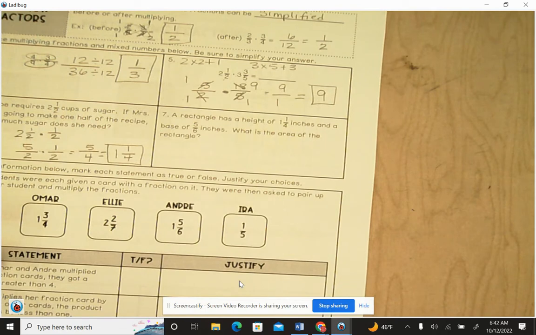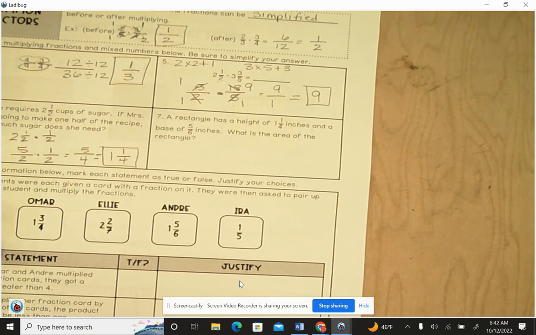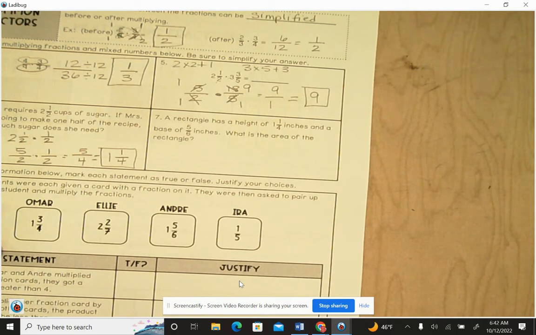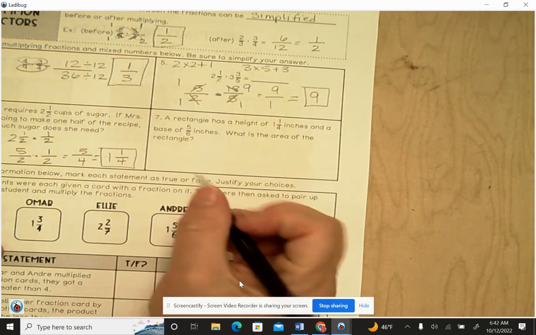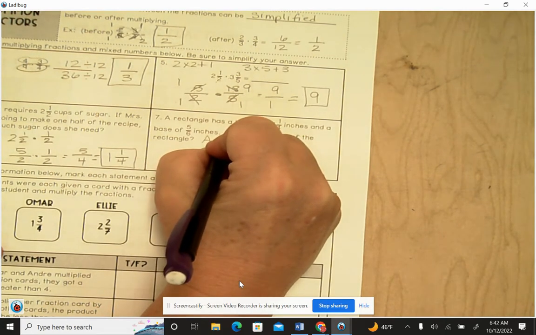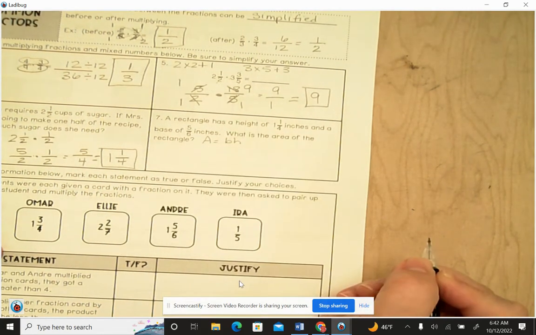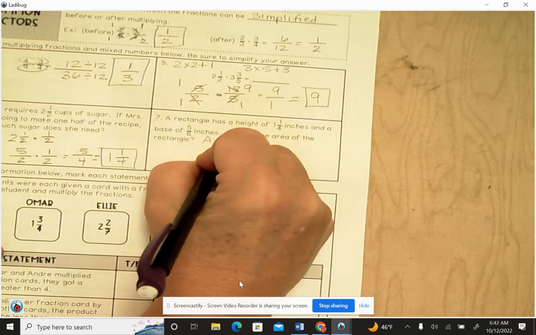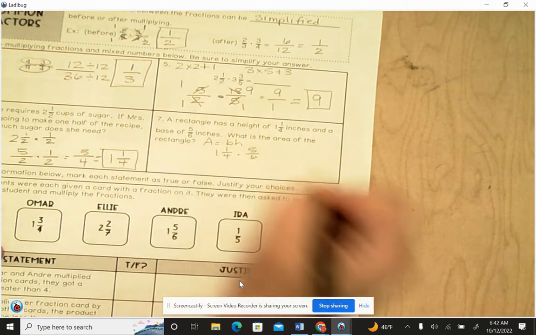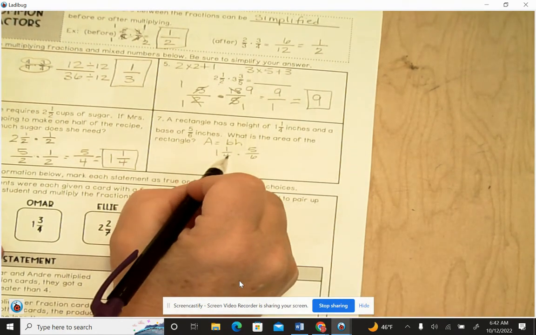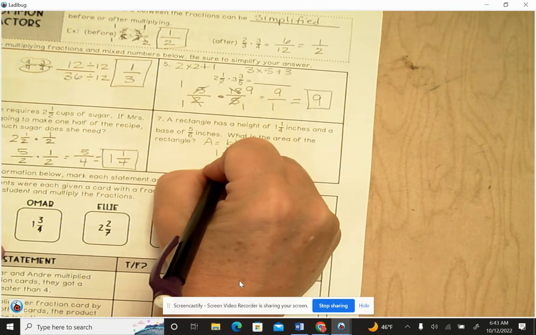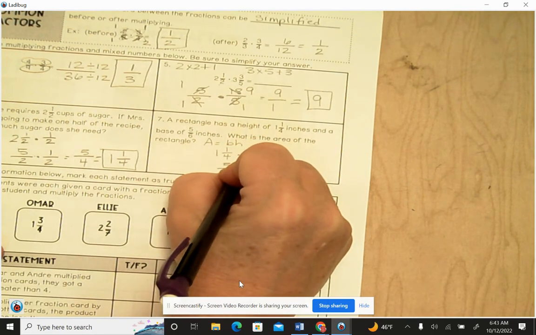A rectangle has a height of 1 1/4 inch and a base of 5/6 inches. What is the area of the rectangle? So we know that the formula for area of a rectangle is base times height. So we have 1 1/4 times 5/6. We have to make this an improper fraction. 4 times 1 is 4, plus 1 is 5. That's 5/4 times